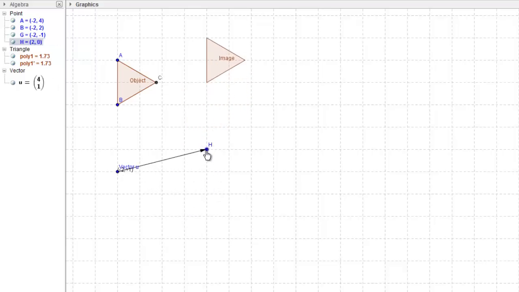being translated. Now one of the first things you need to get to grips with vectors is they don't have to be fixed anywhere in space. This vector here, if I just grab it and move it, you can see that I could place it anywhere on the screen. What it's doing is taking every one of the points of this object shape and translating it to a corresponding image point over here. And if we look over here, you can see the notation for this vector,